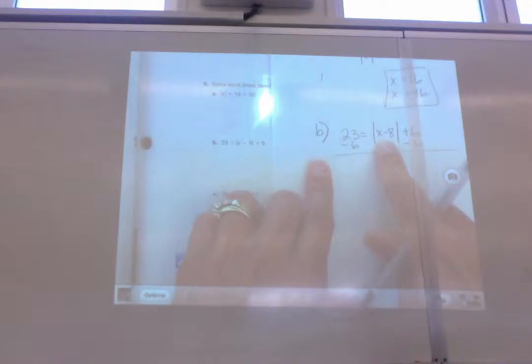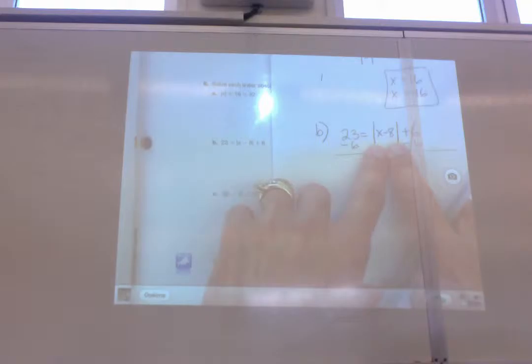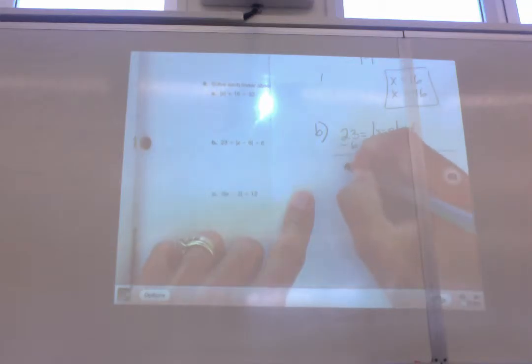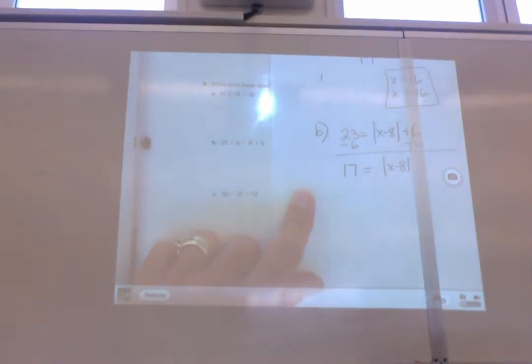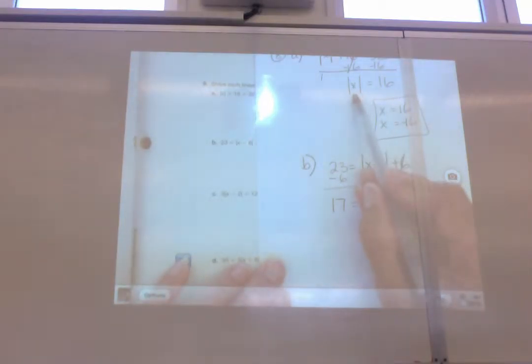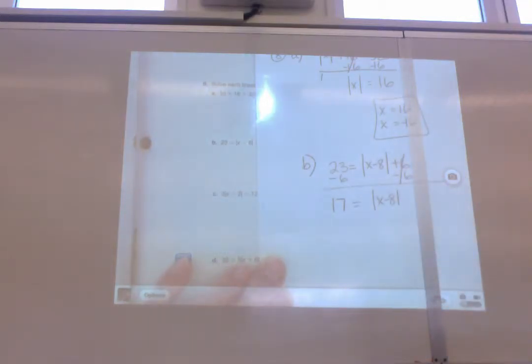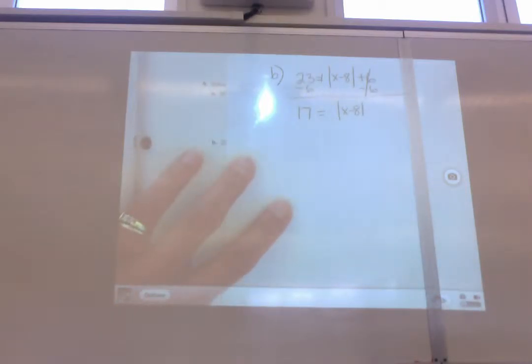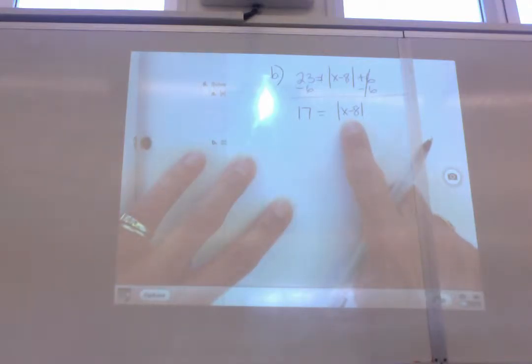Not from the inside of the absolute value. From one side and the other. I want this to stay like it is. I just don't want the things that are next to it anymore. 23 minus 6 is 17. Now, in the last case, I only had an x, so that was easy. Positive 16, negative 16. Now we need to do the more complicated situation of looking at the positive and negative